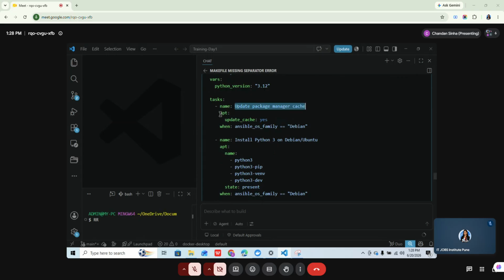सपोज अगर उबुंटू है, जैसे तुमने बोला उबुंटू, तो उबुंटू का पैकेज मैनेजर होता है एप्ट। अगर सेंटोस या रेड हैट है तो उसका होता है यम, यम और डीएनएफ। तो यहाँ पे उबुंटू है तो एप्ट, एप्ट मॉड्यूल यूज हो रहा है। एप्ट क्या करता है, सारा रिपोजिटरी डाउनलोड कर ले, जैसे अपना प्ले स्टोर होता है मोबाइल में, राइट। हमें कोई गेम इंस्टॉल करना है या कोई एप्लीकेशन होता है तो हम क्या करते हैं, तो प्ले स्टोर में जाते हैं, वहां से इंस्टॉल कर लेते हैं। तो उसी तरह एप्ट जो है वो एक पैकेज मैनेजर है लिनक्स का।